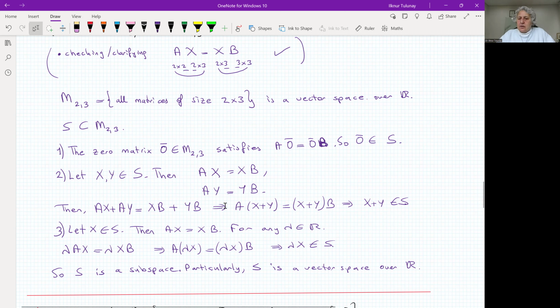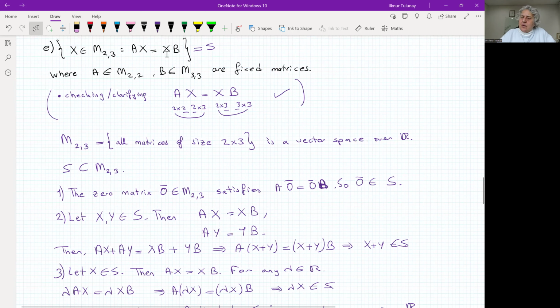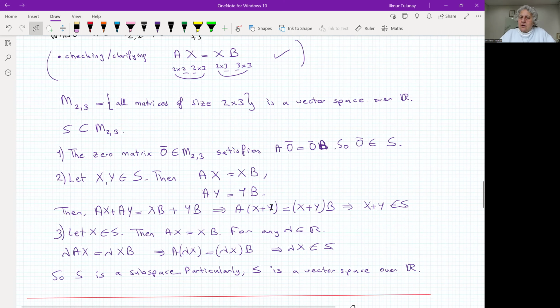And then, it looks like it satisfies this equation, A times the matrix is equal to the matrix times B. That's that one. A times the matrix times B. It satisfies this equation we found. It means that X plus Y should be inside S. So the third axiom, we will have an element. We will just take any element in S. You cannot take a particular element. You are proving something, so it has to be any element in S. Then